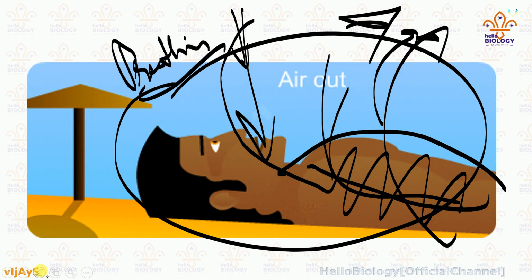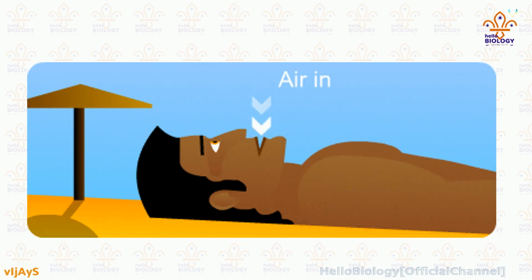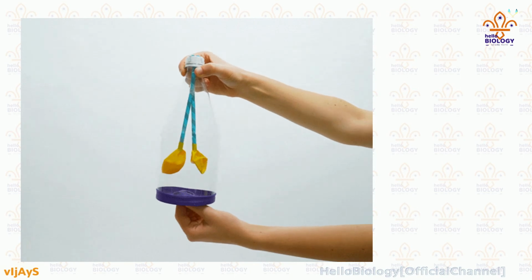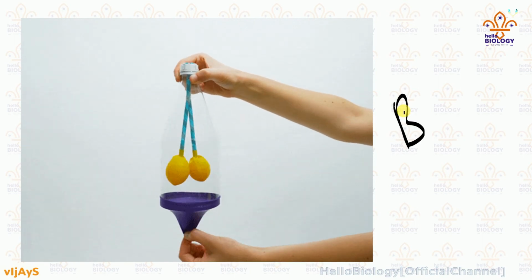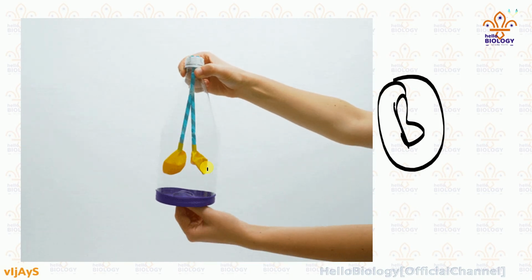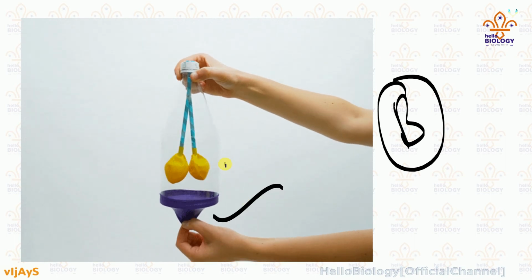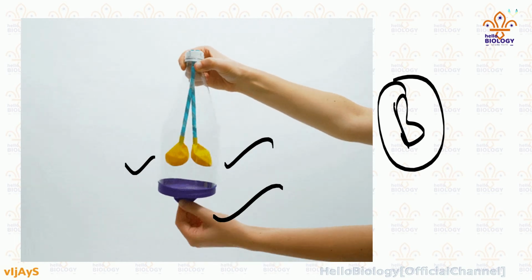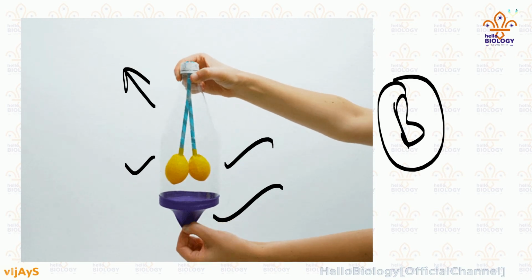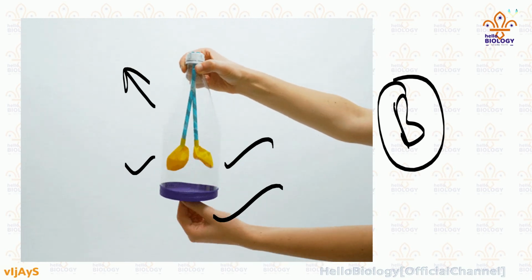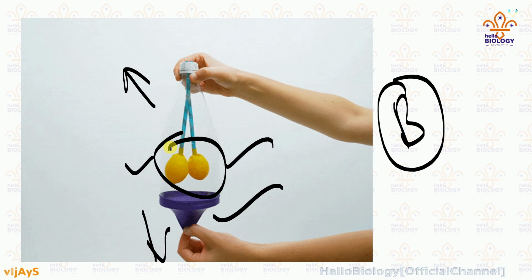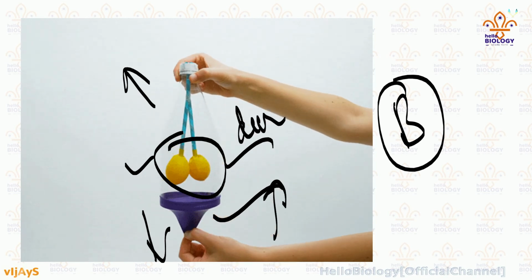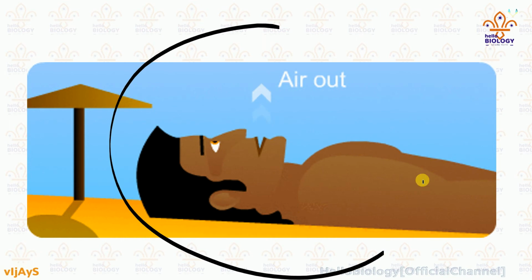So this is what we see in this chapter. This experiment is an old experiment, used for basic understanding, where three balloons are prepared in this manner: two balloons here and one balloon here. The balloons and the bottle must be set up such that when you pull the diaphragm down, the lungs expand. When you pull it up, the lungs contract. The same concept applies to us also.